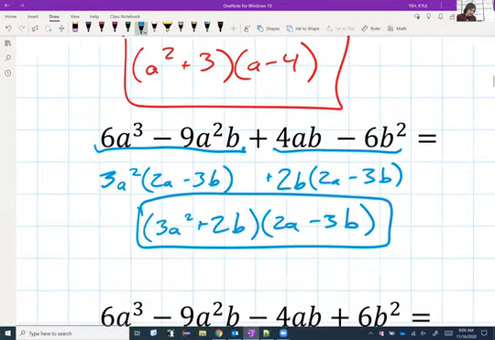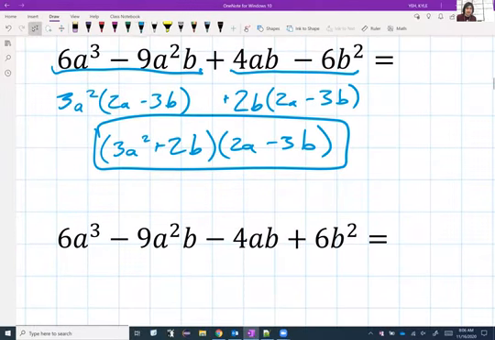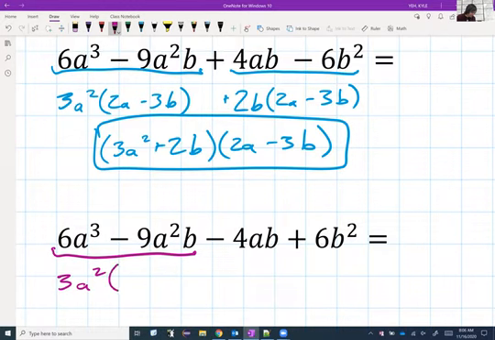So grouping, I don't want to talk too much more about that because it's something we already know. I did want to give you one more reminder. This looks almost like an identical problem to the one we just worked, but it's not quite identical. If you look closely, you'll see the difference. I just wanted to illustrate we can still group, but what happens on this second group? I know I want to end up with 2a minus 3b on the inside